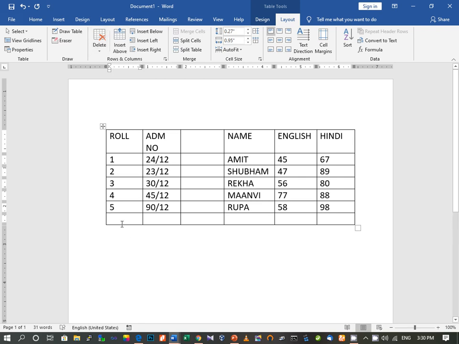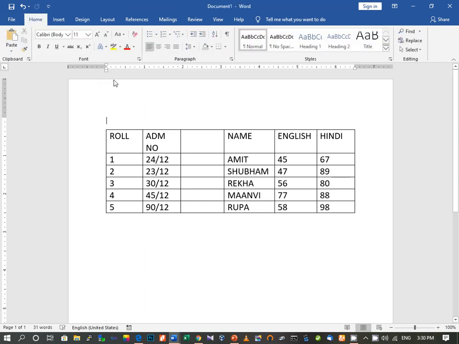For instance, suppose if I want to delete this row, so our next topic is to learn how to delete row and column. So we are going to delete this. So I will click on this delete. Then it will ask what you want to delete. You want to delete a particular cell, you want to delete column, row, what you want. So from that you will have to select. So suppose I select delete rows, then you can see that this row has been deleted.